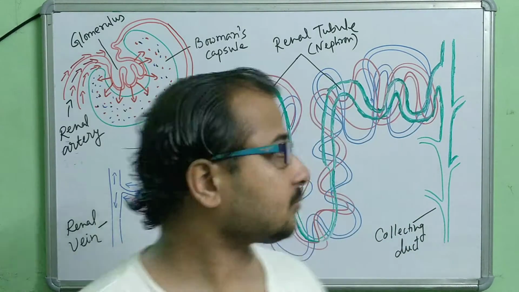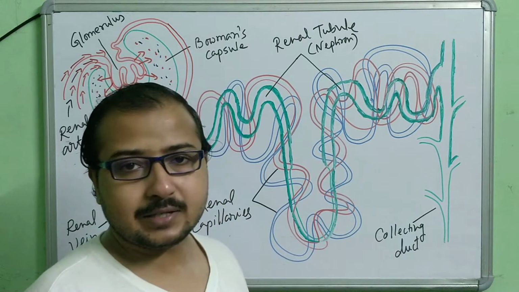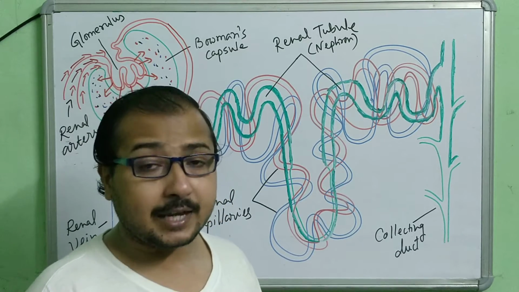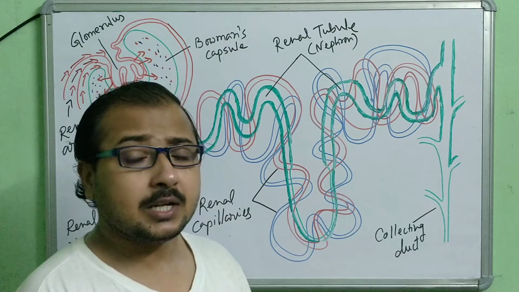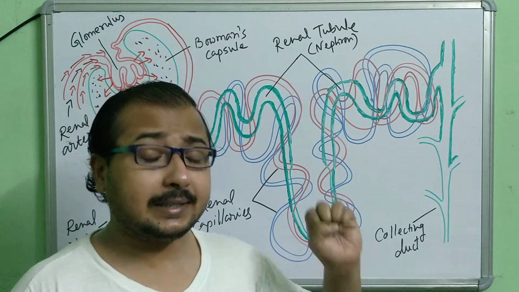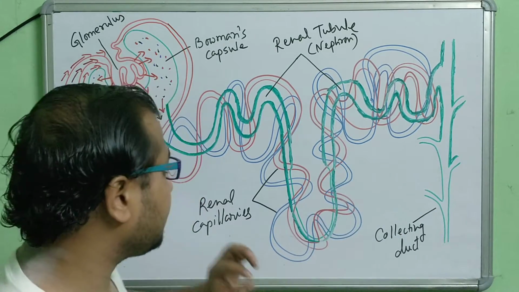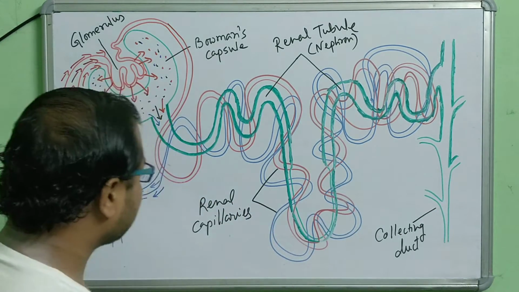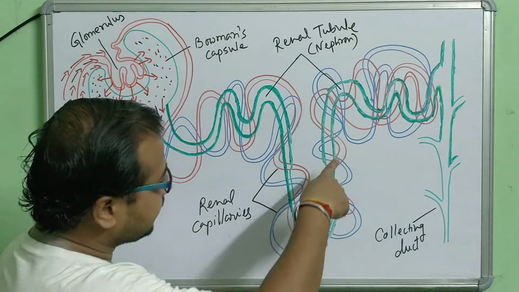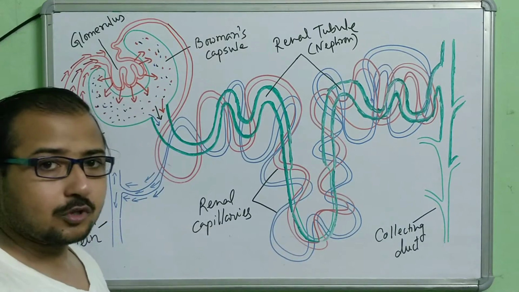Okay. So the excess of water and the nutrients like amino acids, glucose, the vitamins, all these important nutrients need to be reabsorbed back into the bloodstream, because they are needed by our body. They are not supposed to go out of the body. That is why they need to be reabsorbed back. So into these renal veins, the blue lines you can see here, all the nutrients will be reabsorbed back.